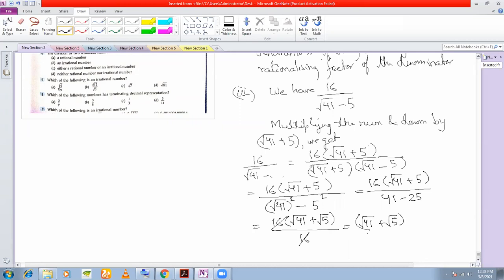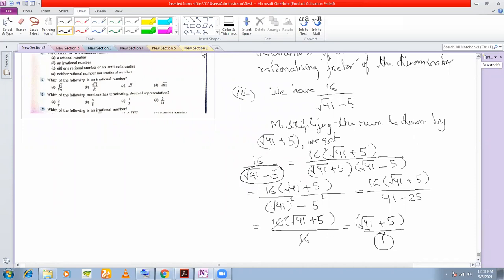What is the rationalized denominator? Yes, tell me. It will be only 5 here, not root 5. Oh, yes, 5. That's a mistake that I'm continuously making. Anyway, this will be 5. Okay, so the denominator has been rationalized. What is the rationalized denominator? It is 1, right? So from root 41 minus 5 we started, and we converted the denominator to 1, which is rational. Okay, so that is how you will be rationalizing denominators.